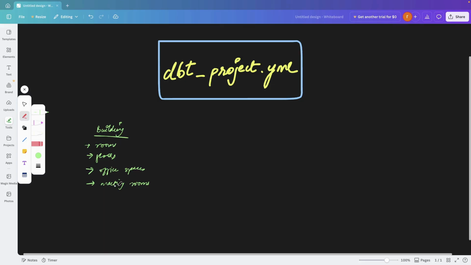But before you start building this thing, what is the first thing that you're going to do? You're going to create a blueprint, because that's how you will know how to build, where to build, what to do, etc. So that will help you in your planning. Similarly, when you are doing a DBT project,